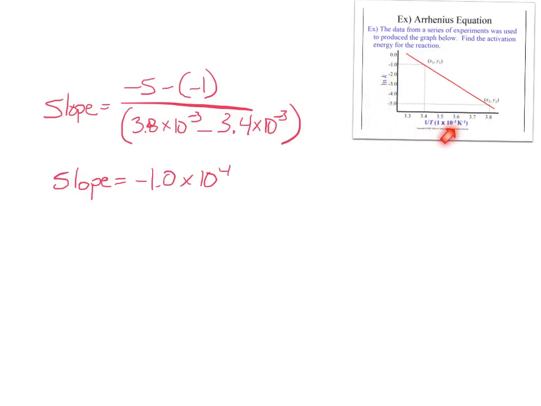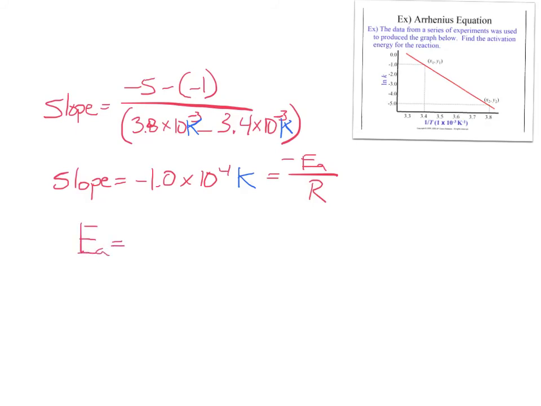However, our units of temperature, we are going to need those because R has Kelvin in it, and so we're going to need to plug those in. The units on these two numbers down here at temperature are both Kelvin. And so that means the units of our slope is also Kelvin. But the units of our top number, our rise, they don't matter. So then we use our slope in the Arrhenius equation. We know that the slope is equal to the negative of the activation energy divided by R. So then we can take this equation and rearrange it. If slope equals negative EA over R, then we could say that